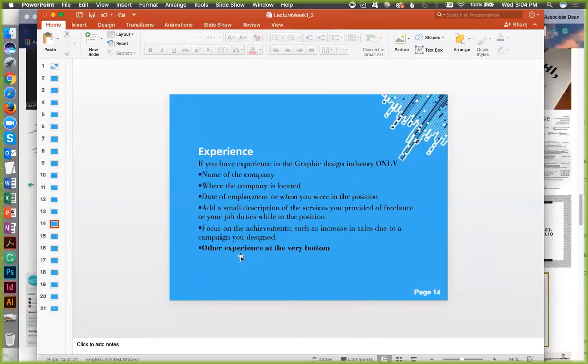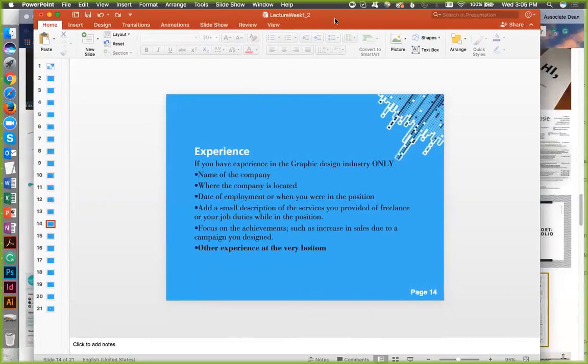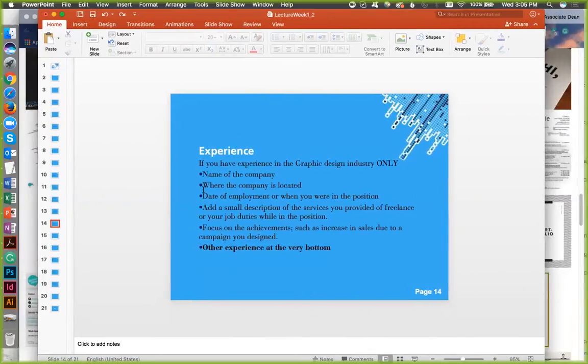you will want to put the other experience because they will want to know what you've been doing, right? You've been going to school, but you still have a good work ethic, okay? So if you do have experience for the graphic design industry or the other industry, you're going to put the name of the company first. It is going to be in bold. I'm going to show you how to set this up. Where's your company located?